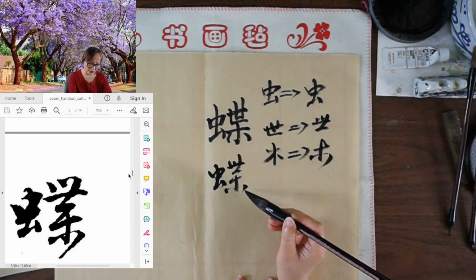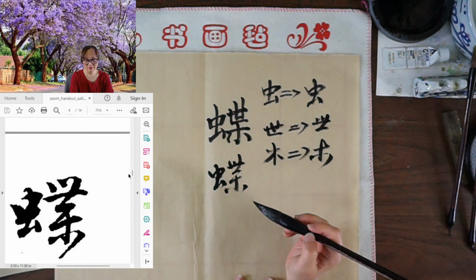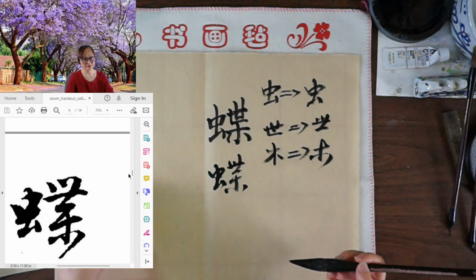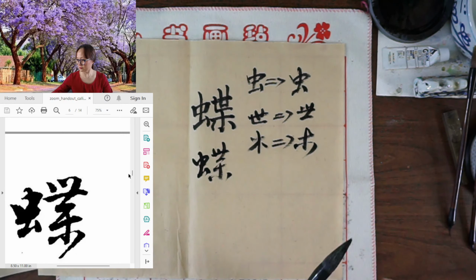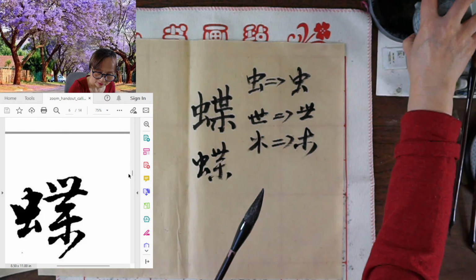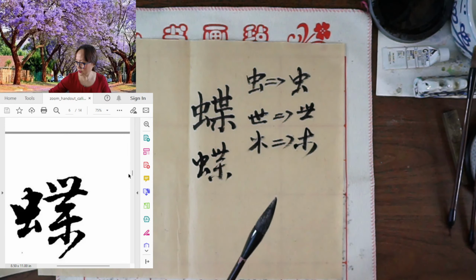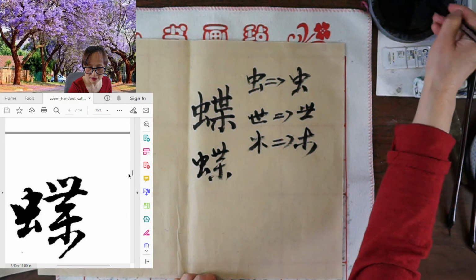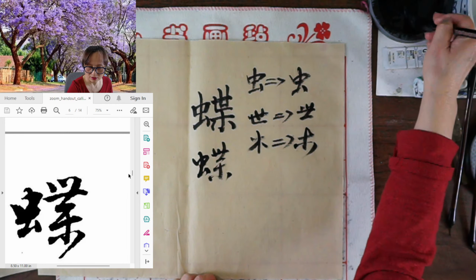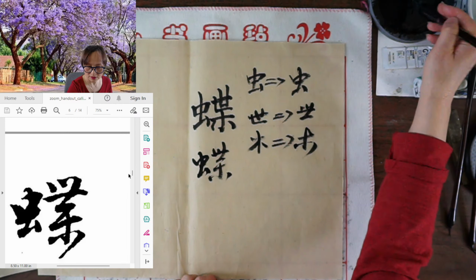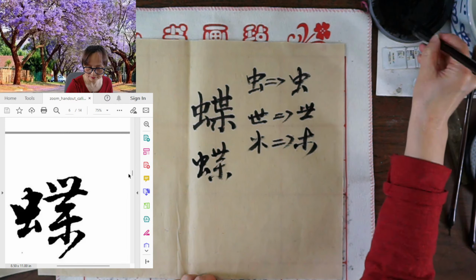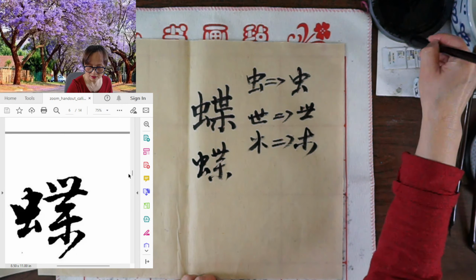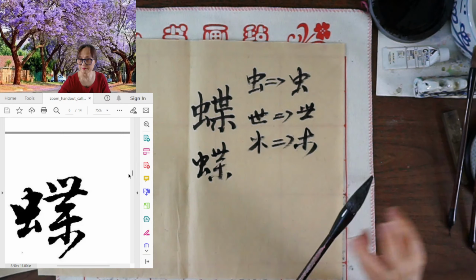You can do longer, but make the force here. The ink is very dry. I think I got some leftover ink in my ink stone, even though I covered the lid. Okay, and then